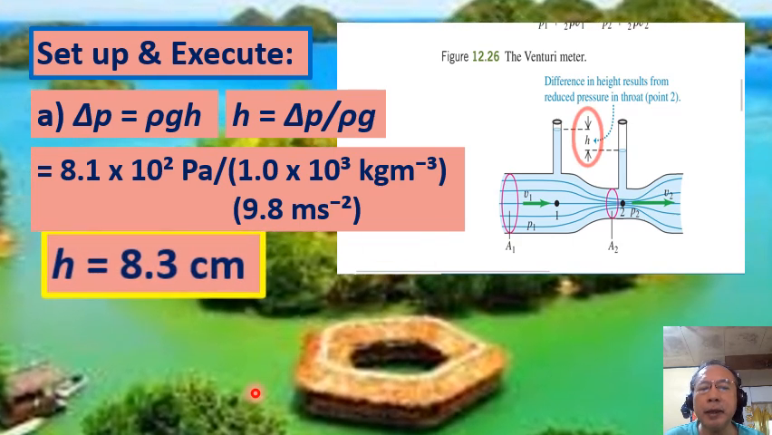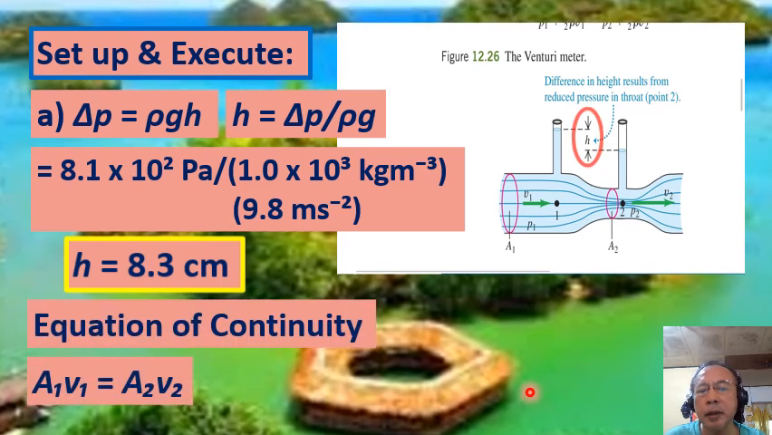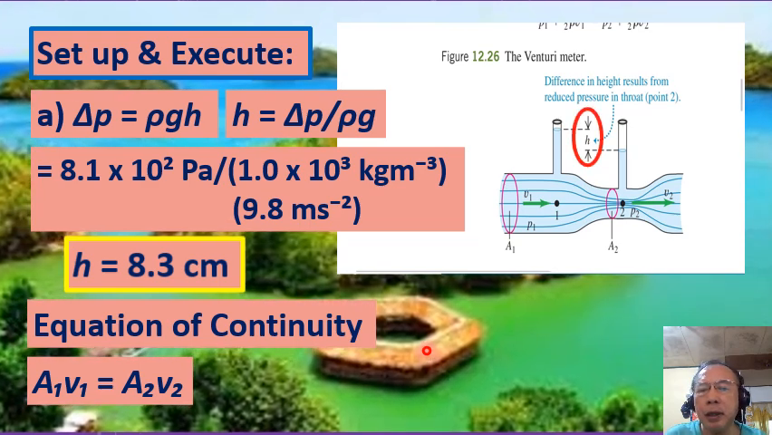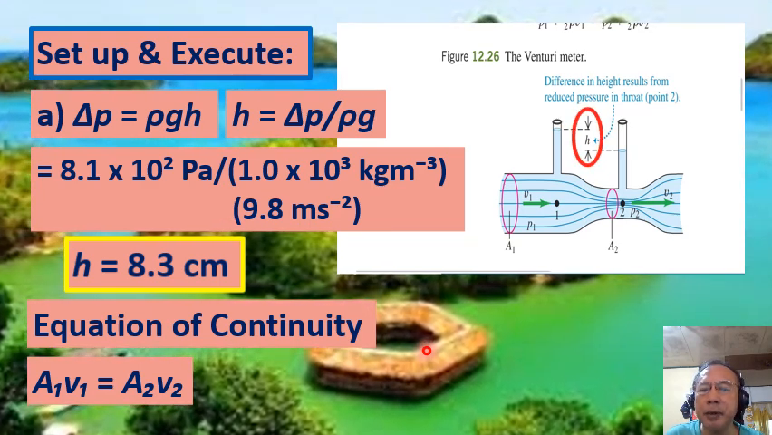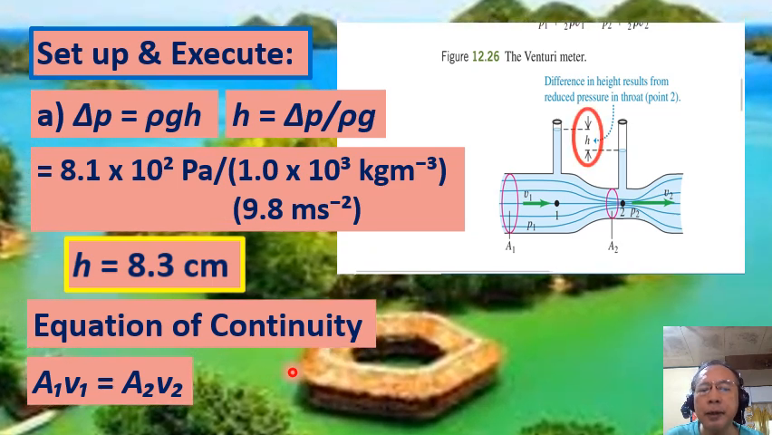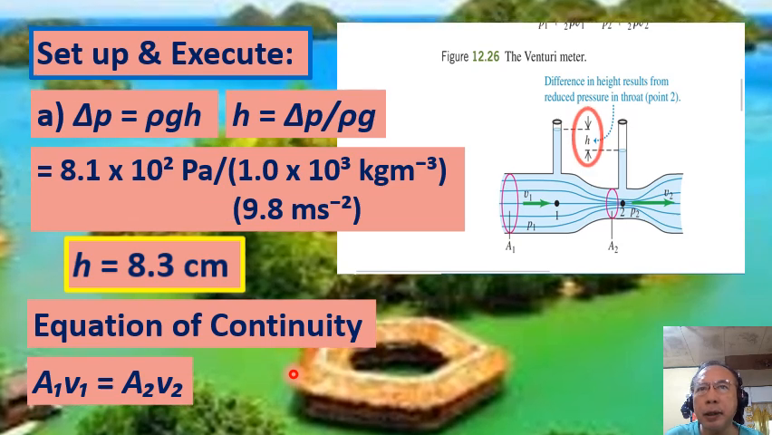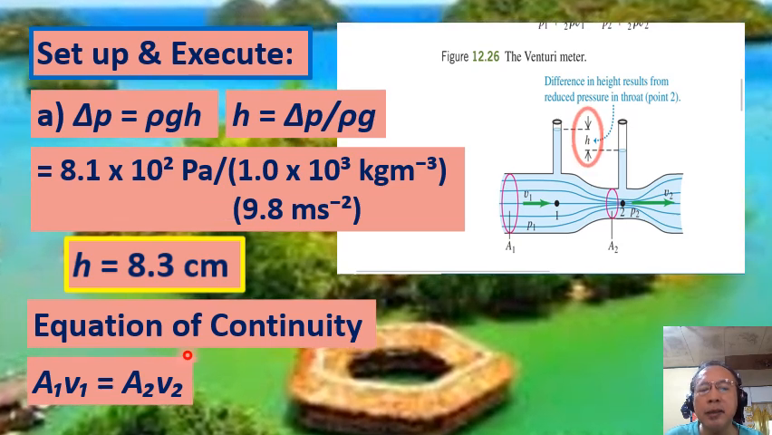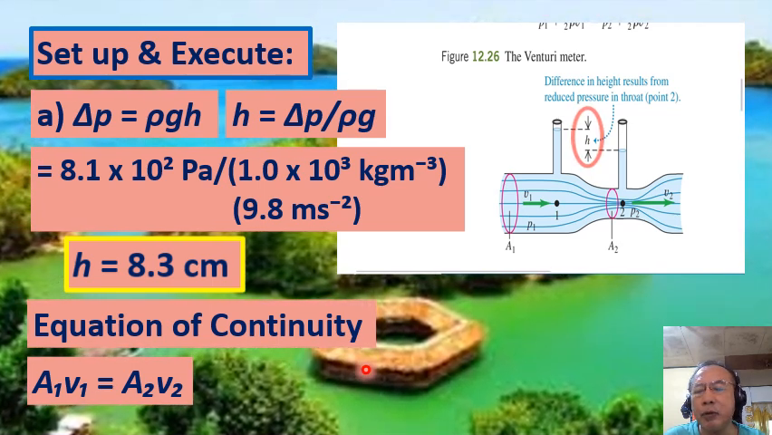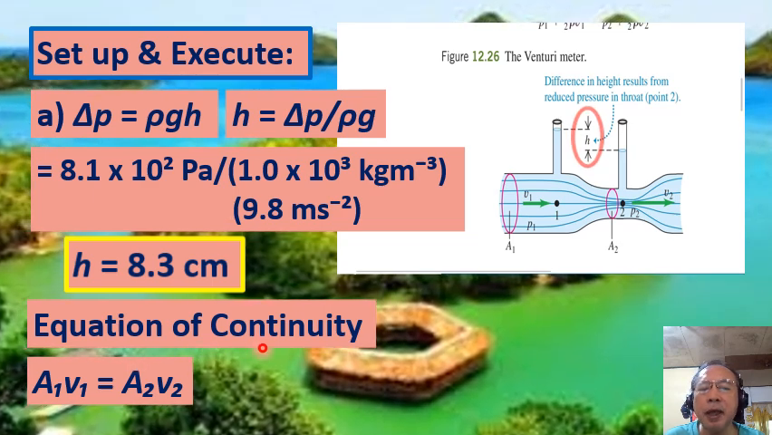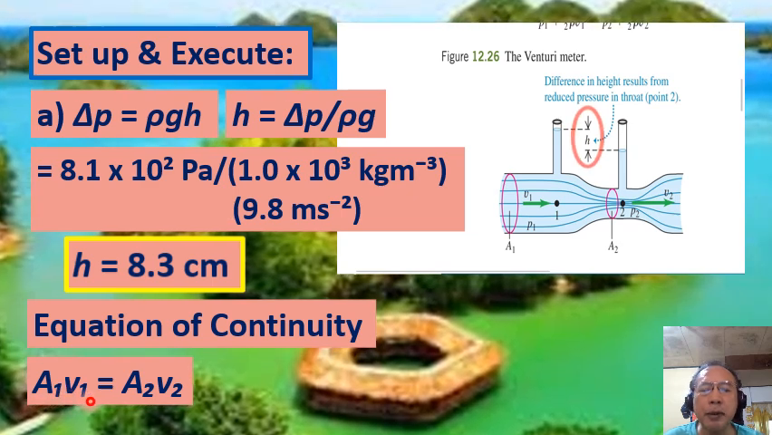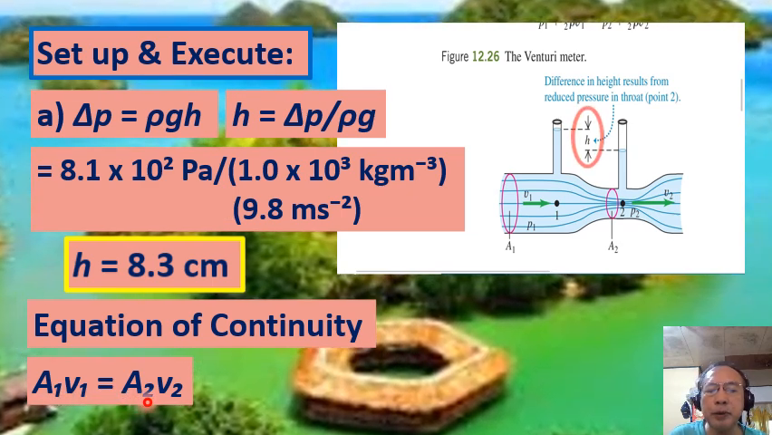And to be able to determine the second target variable, which is the volume flow rate, we have to recall an important equation in fluid dynamics, which we call the equation of continuity, right? So the equation of continuity is expressed as capital A sub 1 times v sub 1 equals capital A sub 2 v sub 2,